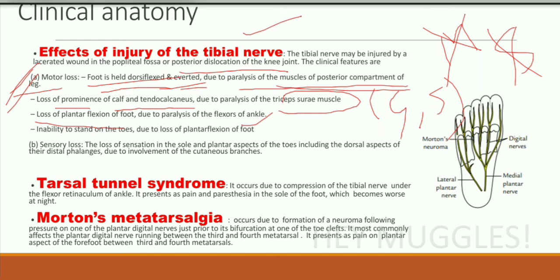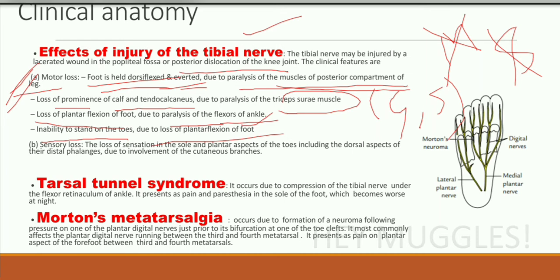As we saw, the medial and lateral plantar nerves supply the muscles of the sole, right? Since the tibial nerve would be damaged, the motor supply to the flexors of the ankle would also be affected. Therefore, there would be paralysis of the flexors of the ankle. Then there would be inability to stand on the toes,